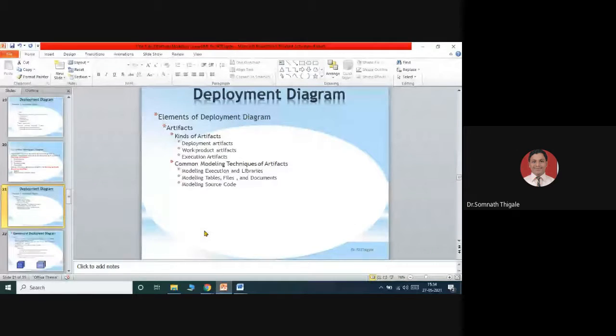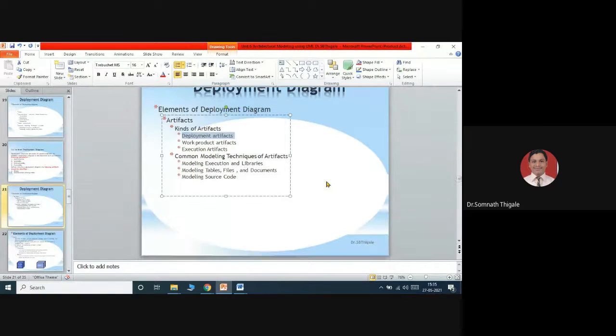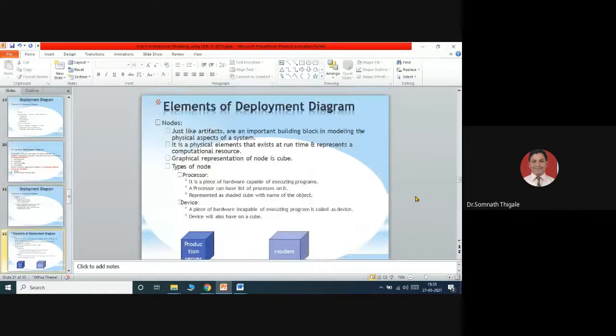Kinds of artifacts, we can say deployment artifacts, work product artifacts, execution artifacts. These are some additional parts, how to perform the execution work. The entire workflow will be discussed as a part of work product artifacts, and how we are going to start the installation, that will be discussed as a part of some artifacts. So these are some ways which will help us. So we will discuss in upcoming parts.